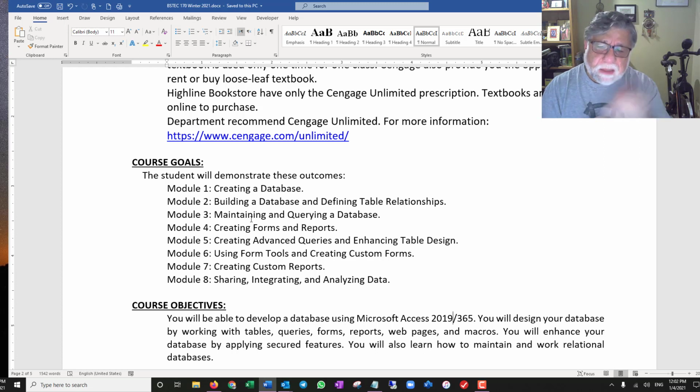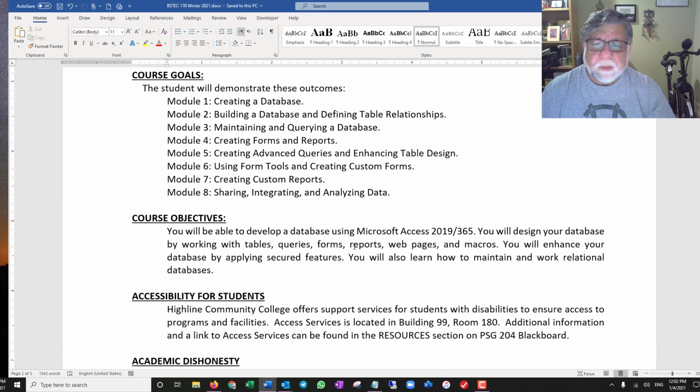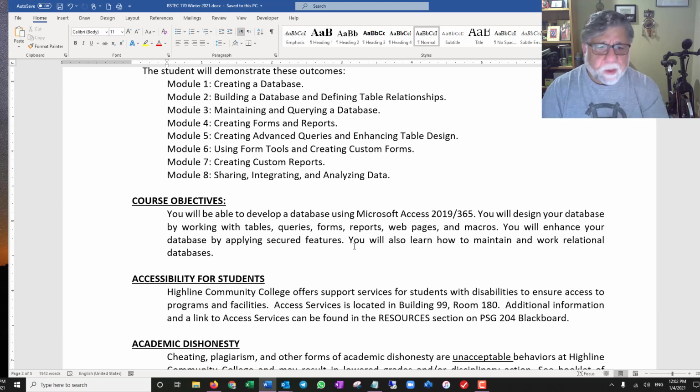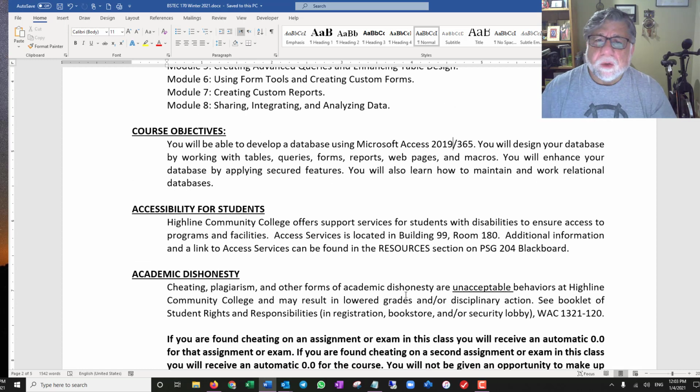The changes are more if you're going a little more advanced with queries or advanced reports. Regardless, so far these are the chapters. I'll be going through the chapters in detail throughout the quarter, just to make sure there's nothing you need to watch out for. Otherwise, those videos should cover everything in this textbook, even though it's 2016. Course objectives.